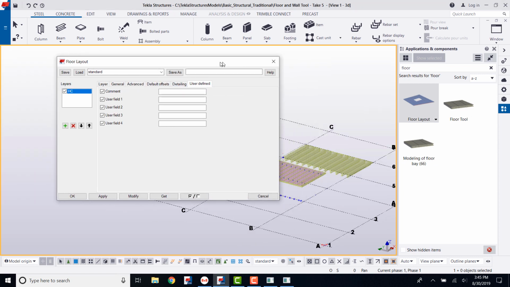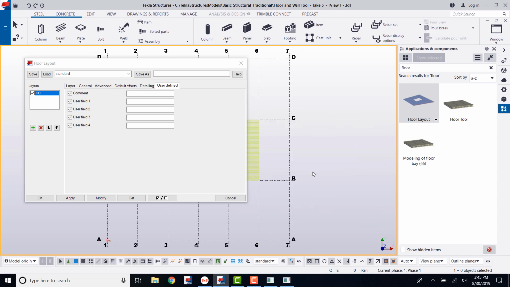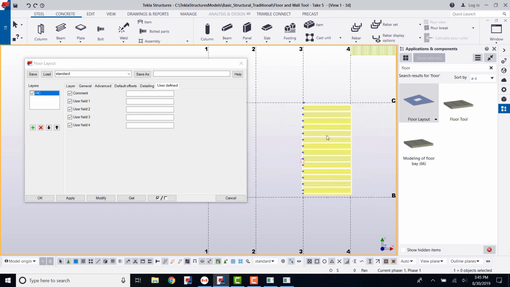The next is the user-defined tab. This is important for those that are using UDAs on the most likely back end for reporting or the drawings, or maybe their ERP system or something is linked with some user-defined attributes. This is a nice and easy way that you can use the component to write out UDAs to each of the individual pieces for an entire component with just one setting here. So we can just type in some text here,